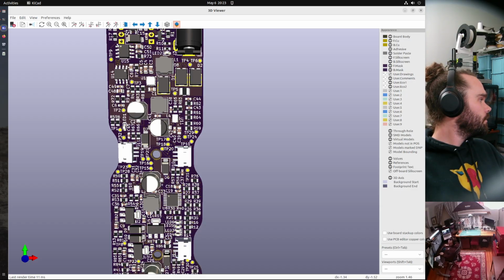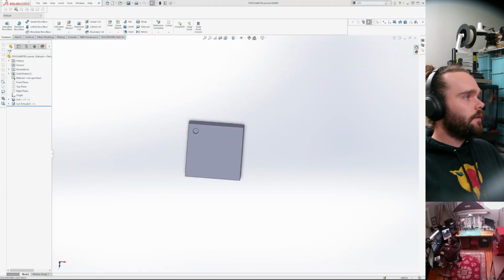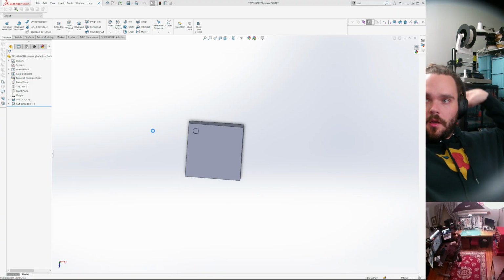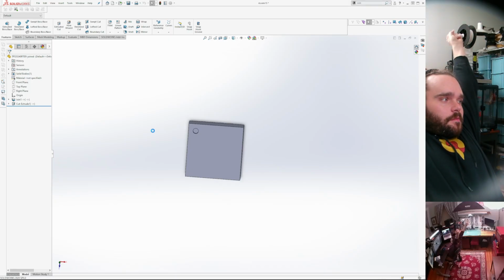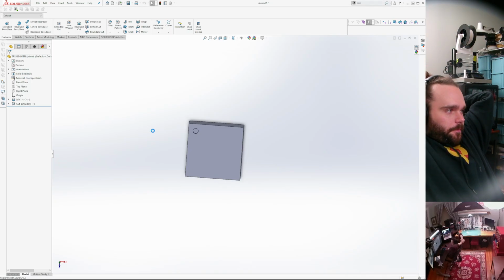Alright, let's get back into SolidWorks and see if this thing opens cleanly. Open. Desktop. It's on my desktop because I'm a savage. What do we think? I think it's gonna work.